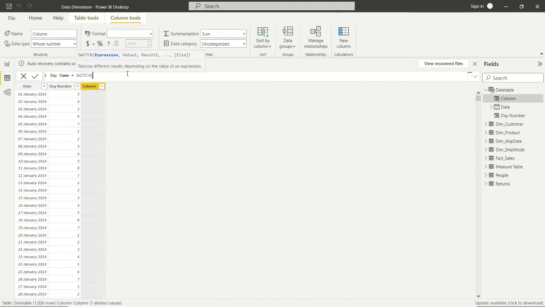If you are from a coding background and know a little bit of code in any language, like C, C++, Fortran, Java, whatever, then you might be aware of how the SWITCH function works. SWITCH, date table, this is the table name we have taken from here. You can take another name as per your convenience. Date.